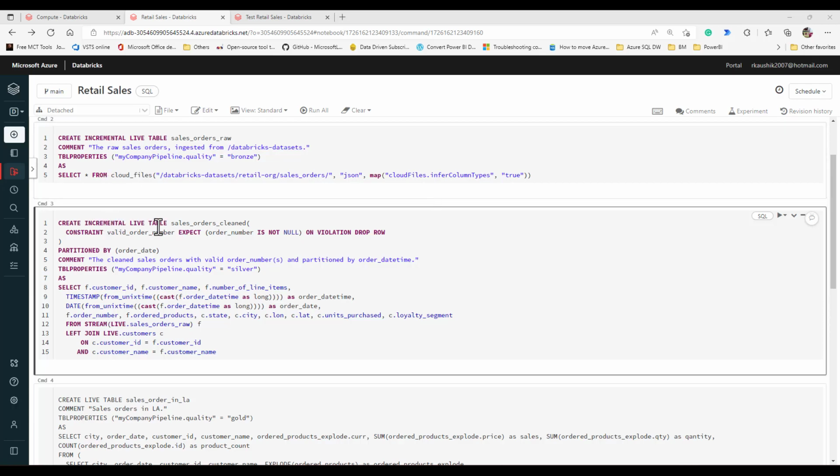Then we have another live table called sales order cleaned, and in this we have a constraint called valid order number. It is just to maintain the data quality, and this constraint expects that order number should not be null, and if this order number is null, then you drop that particular row. With this option you are maintaining the data quality and making sure that bad data is not inserted into the table. Then this table is partitioned by order date, and as usual comments and table properties